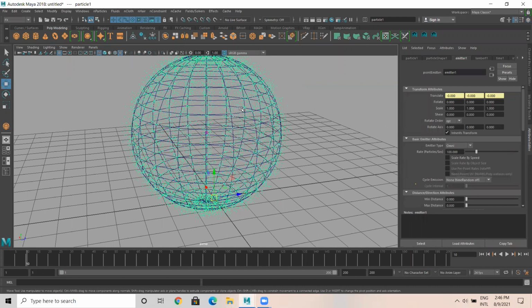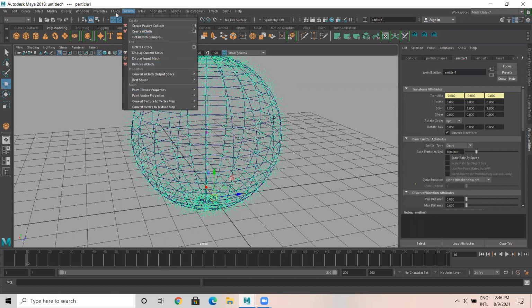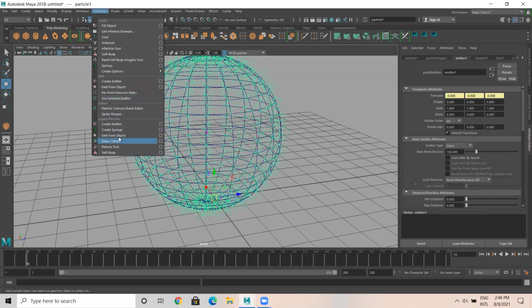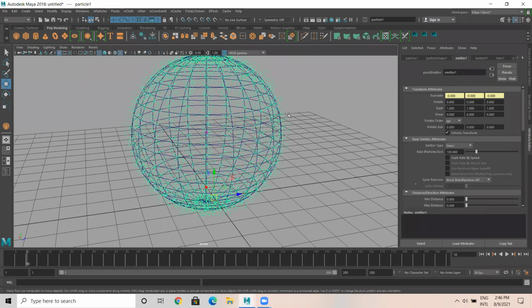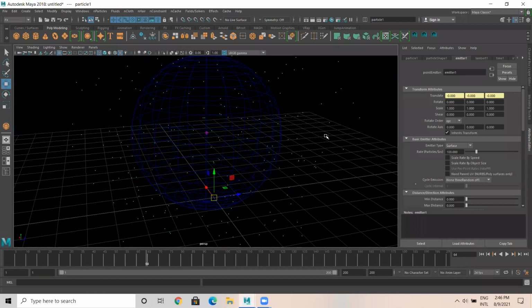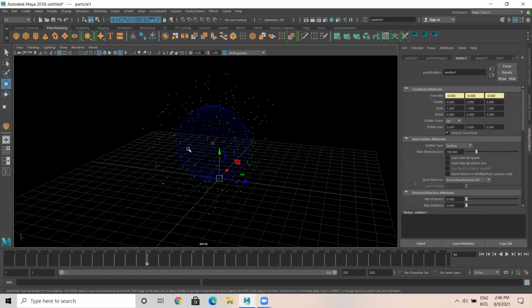Though we have selected the object and we have given emit from object, here, the emitter type is omni. Now what I'll do, instead of omni, I choose surface. Then what happens when I play this? Now you see a lot of, it is considered this entire object as one surface.